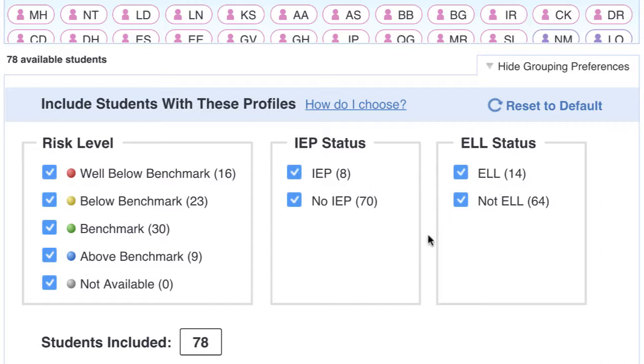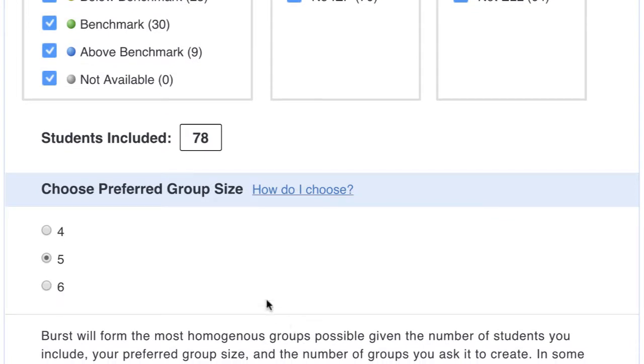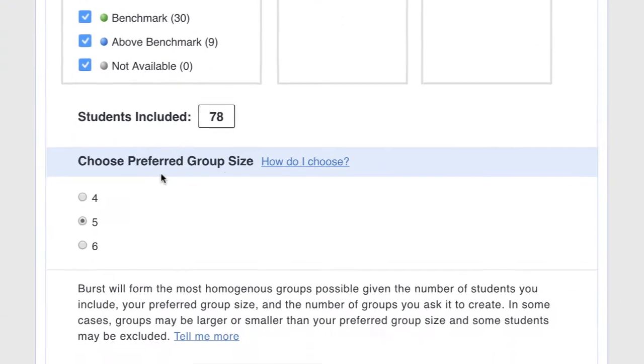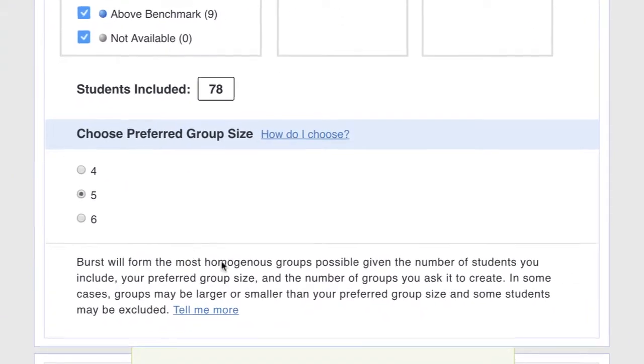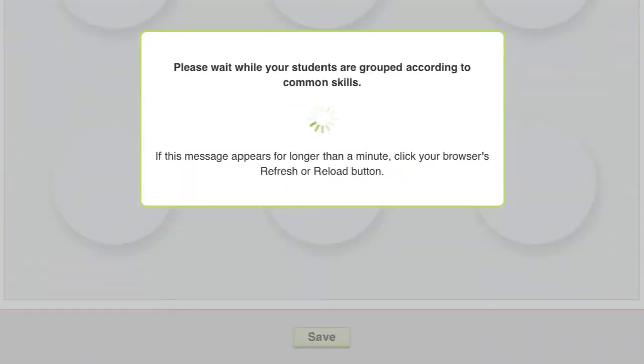As we've mentioned earlier, you have screened your students for burst, and all students who are showing up in the hallway should be grouped. You see here that we will include everyone by default, and we can always drag out individual students if necessary. Select your preferred group size. Remember that we recommend no more than 5 students per group. Once you have edited your grouping preferences, click on Create Groups and let the burst algorithm do its work over